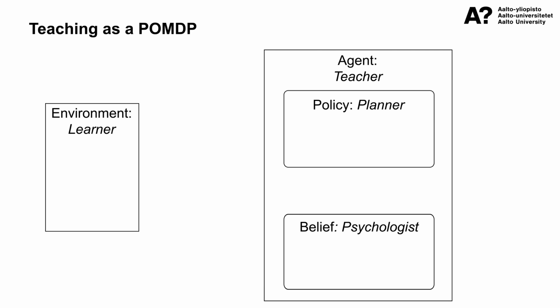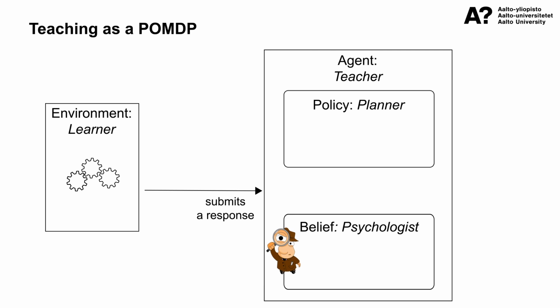By modeling the teaching process as a partially observable Markov decision process, we show that we can describe it as the interaction between three entities: the human learner, an artificial psychologist, and an artificial planner. When the learner gives an answer, be it correct or not, their performance is observed by the psychologist and used to update the parameters of the memory model for this item, as well as their uncertainty.